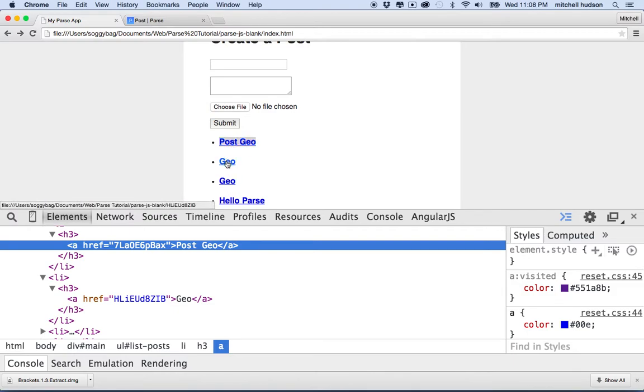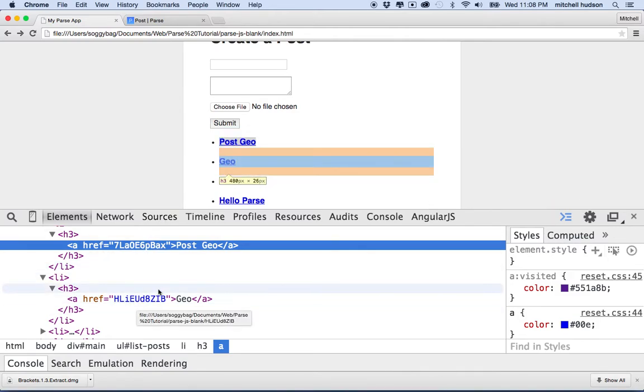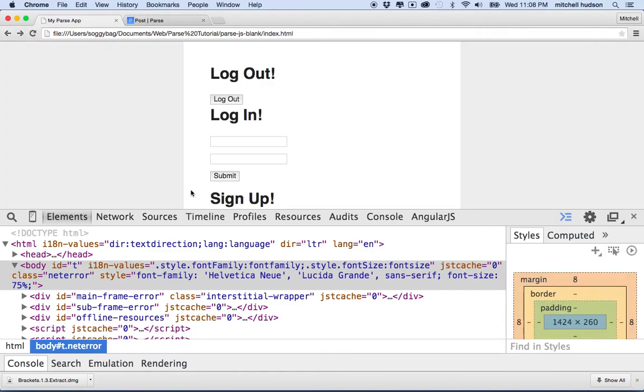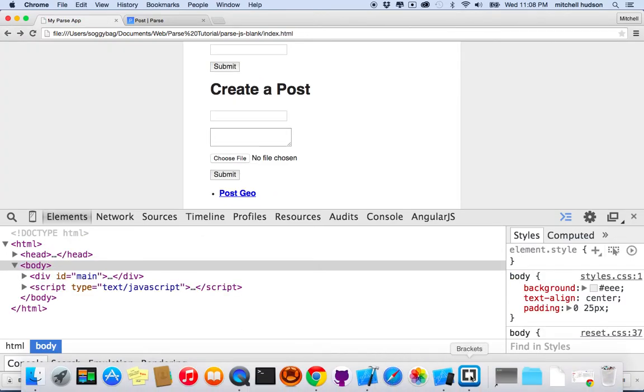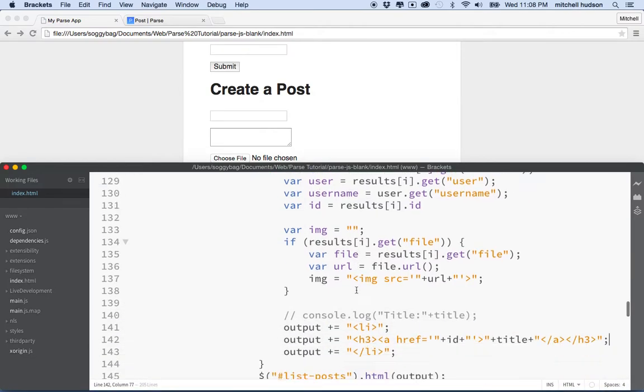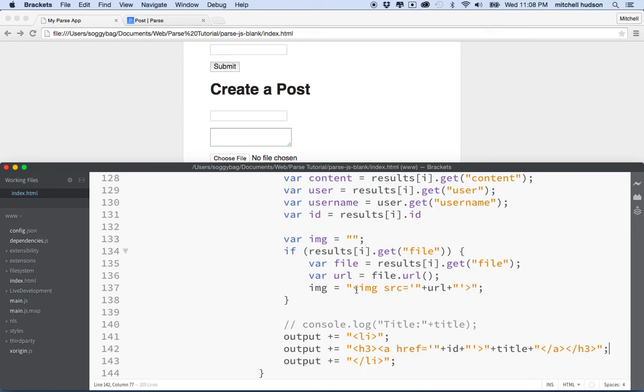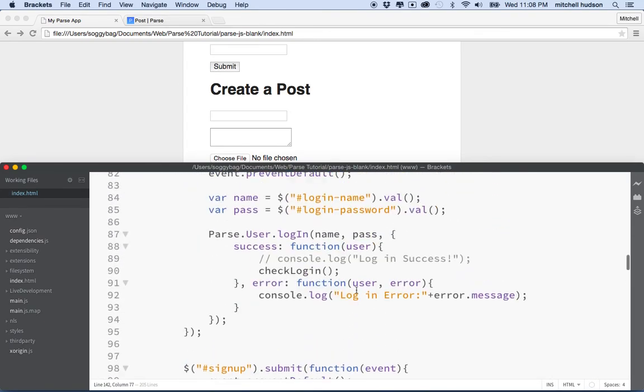Because now if I click them, the anchor is going to want to go to this as if it thinks it's another HTML file or something, but it's not, and so we get this error, right? So let's add a little JavaScript click action to these, right? Now realize here that when our page loads initially,